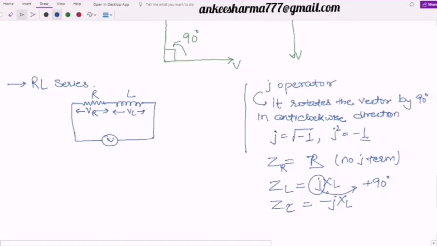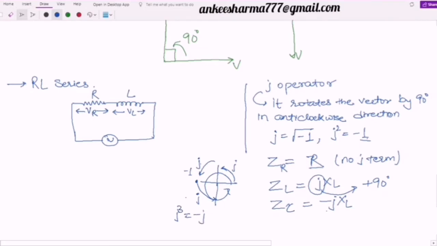Third is the capacitor. In the capacitor, voltage is lagging the current by 90 degrees. It means if we have a total of 360 degrees, can I say that -1 represents J square? If this is my first J, this is my second J. So can I say this J square will be equal to -1? I will be here now, and further multiplying it with J will make me reach here. So can I say my J cube, just a minute, J cube is equal to -J.